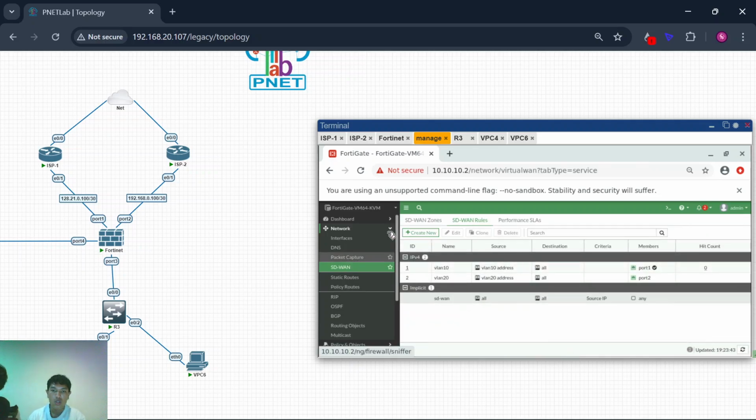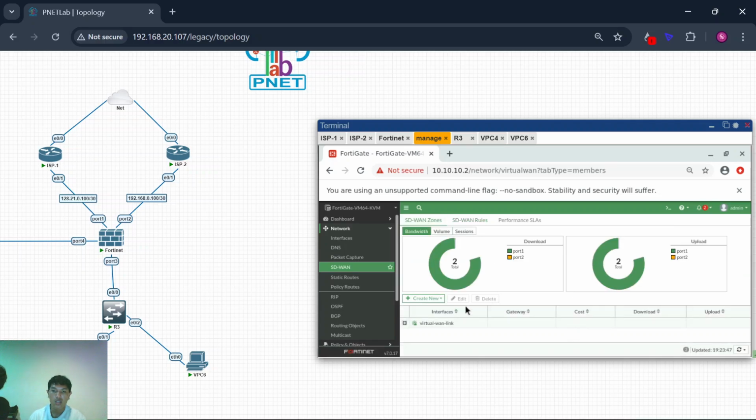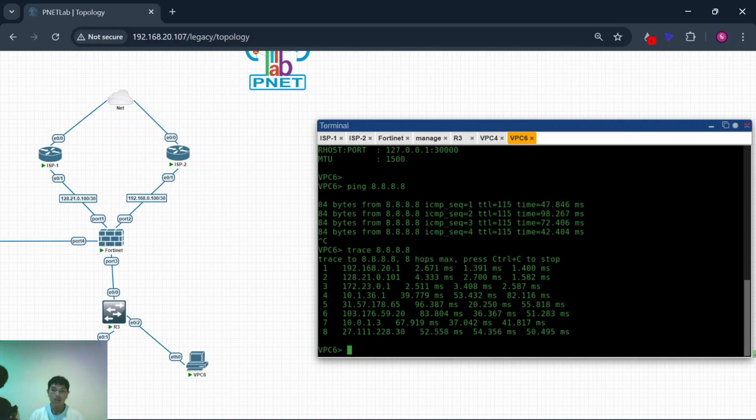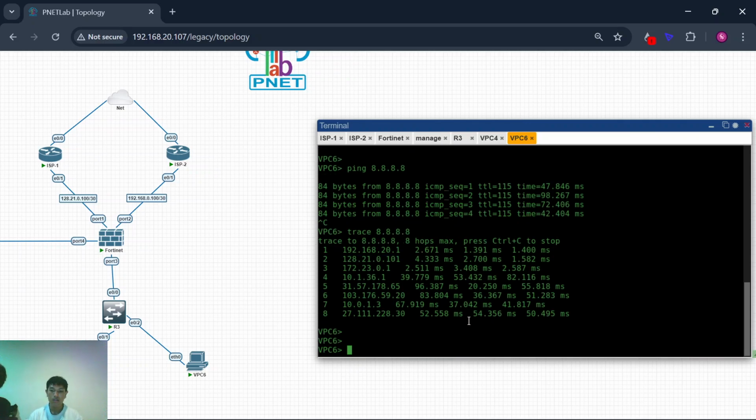Now you can see this SD-WAN zone. For port 1 it is incoming and outgoing traffic. So I can write trace.